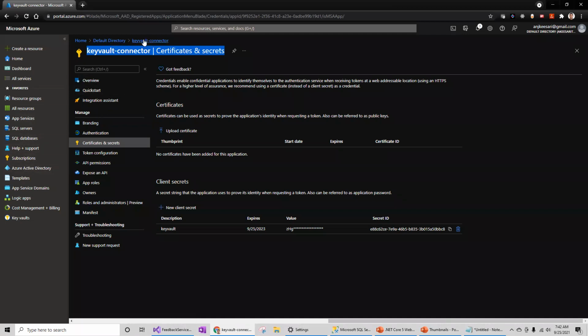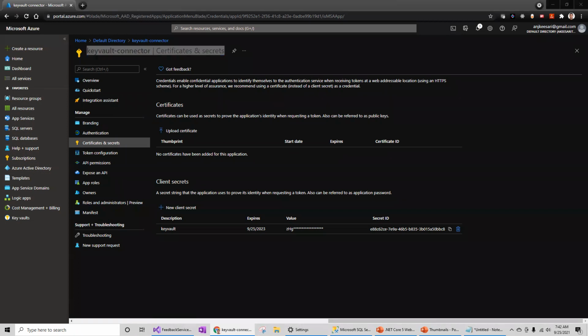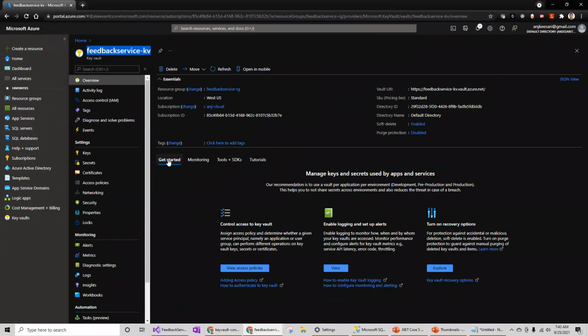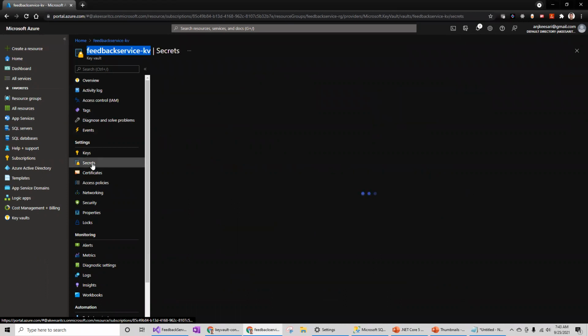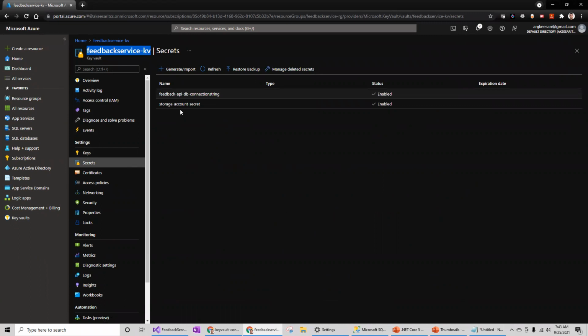So first we need to create an Azure Key Vault service. For example, this is the Azure Key Vault service I created already. And then step two, add secrets like a connection string, storage account, or any of the client secrets related to the API that need to be added here.